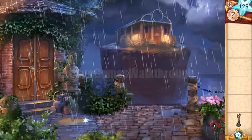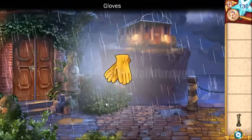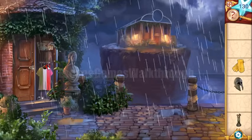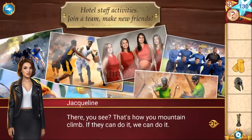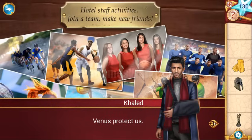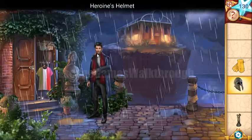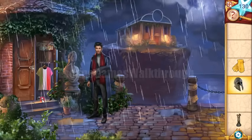Okay, start to take gloves, a helmet. Here you can see photos, and this photo is to somehow motivate Halid to be able to climb further. So he is ready. Let's equip him. No, it doesn't fit him. Now here is a carabiner,